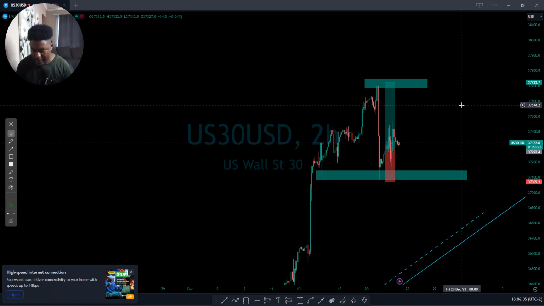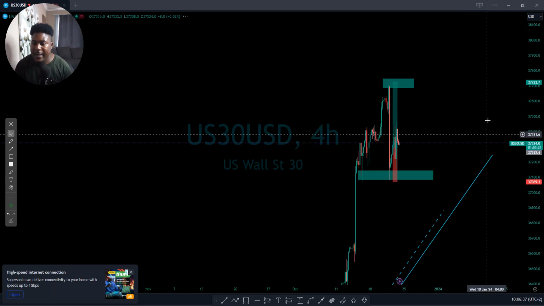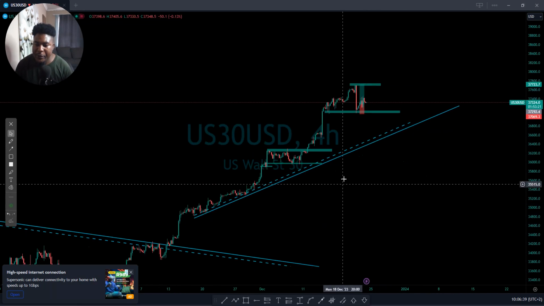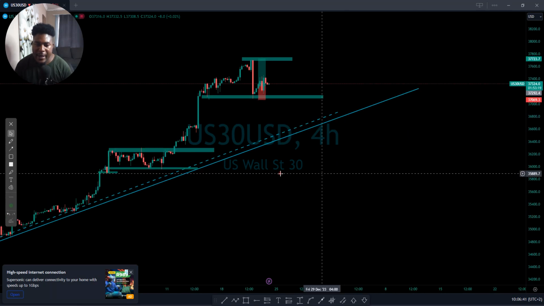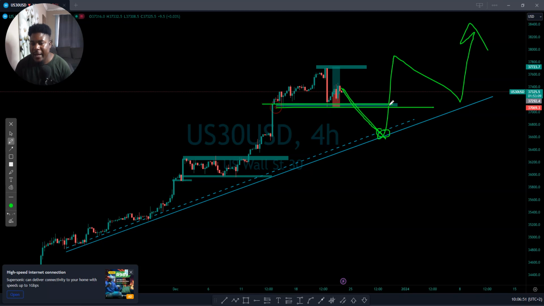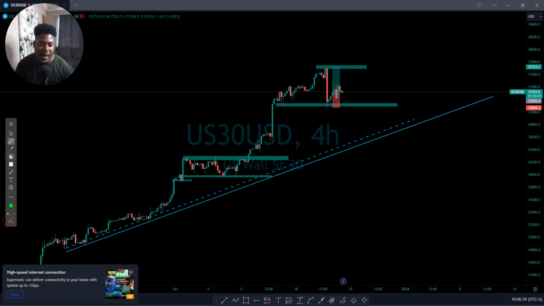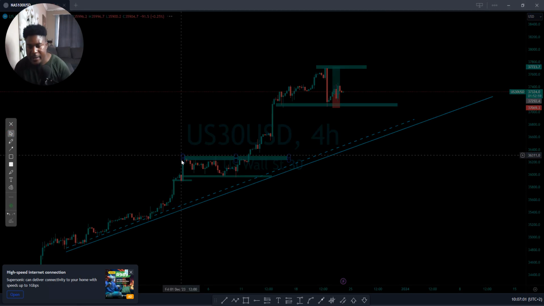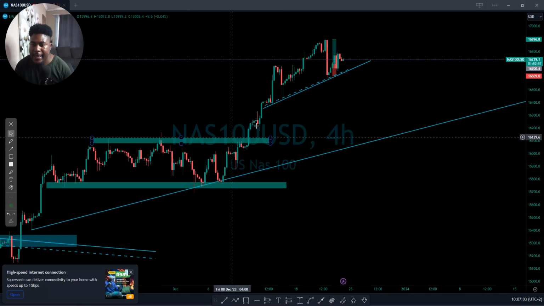Maybe let's go on 4 hours time frame. Bigger time frame will also help you to not make unnecessary mistakes. Smaller time frames sometimes are not necessary. So you can see maybe the market might even reach this area and push to the upside like that. But for now, we're going to work with what we have, which is a horizontal support and this resistance. As long as the market is between these areas, we're going to consider them. So let's push to the next one, which is actually Nasdaq.